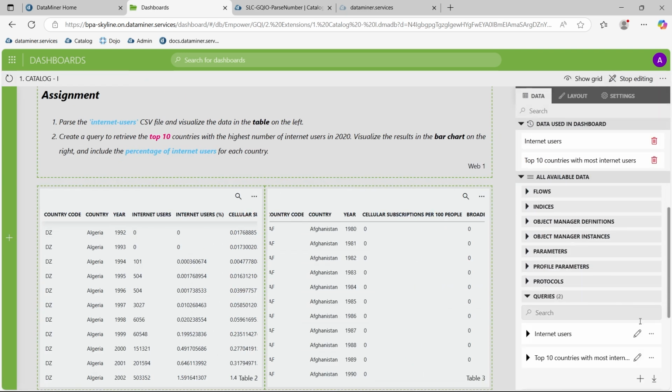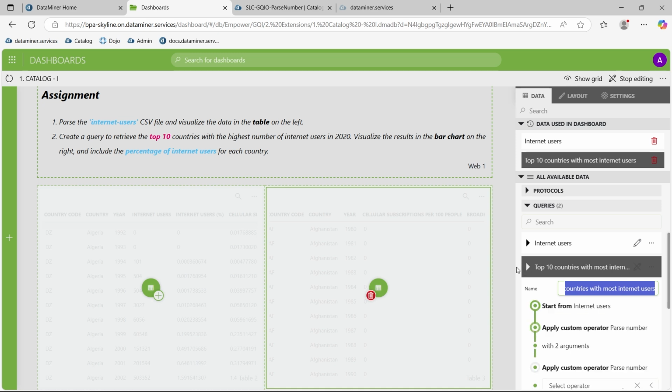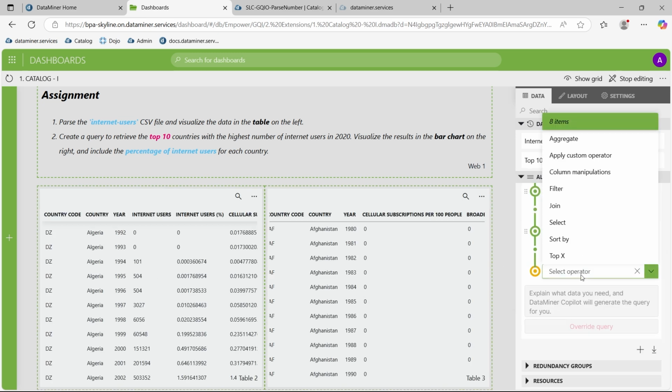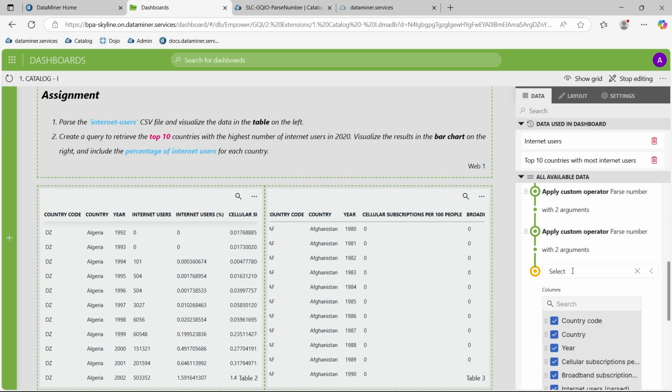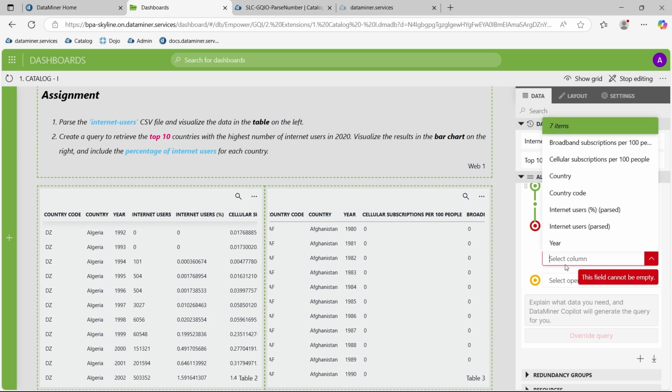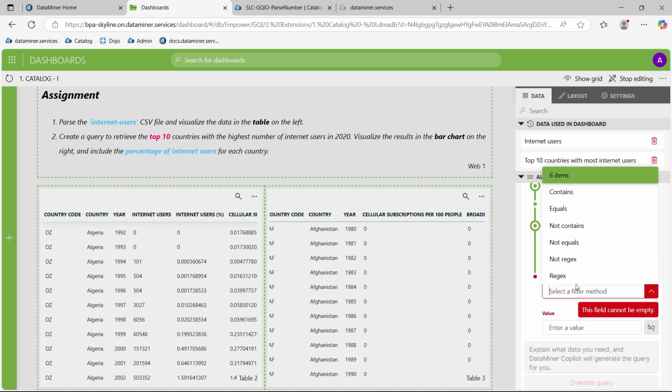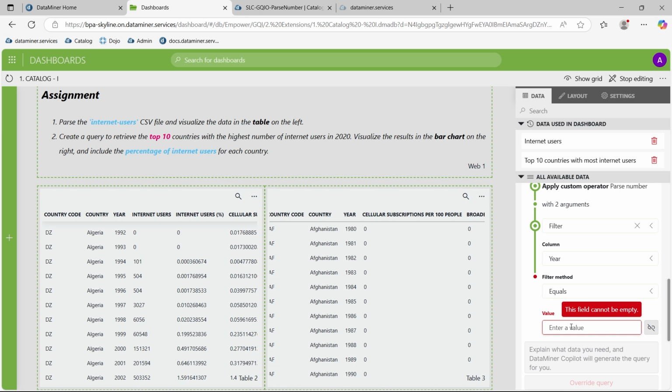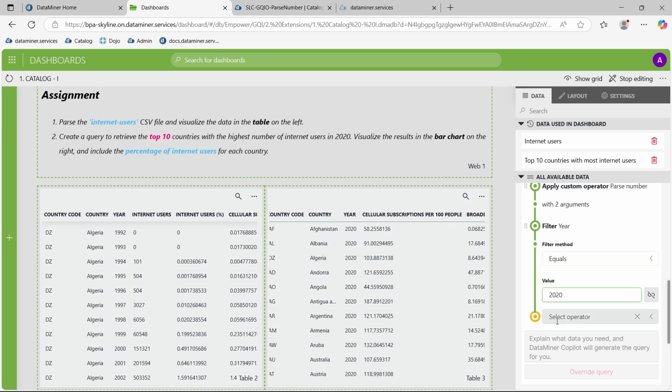Let's continue. So we will continue to edit the query. What we need to do now is select all of the rows where the year equals 2020, but that's going to be a filter and not a select. Let's take the year. Filter method equals, we want everything that equals the year 2020. Here you can see already that we have now one row or one record for each country within that year. And now all we need to do is do that top X and also make sure that we have the correct